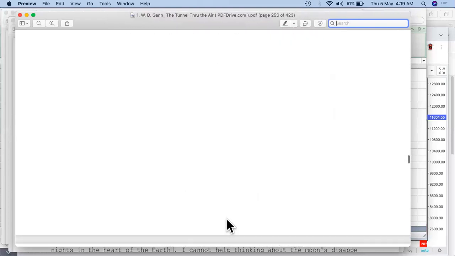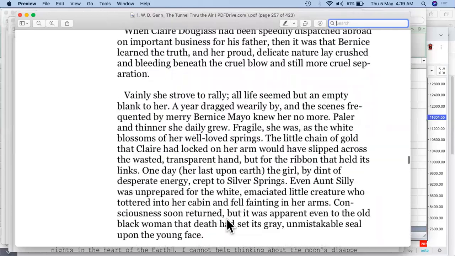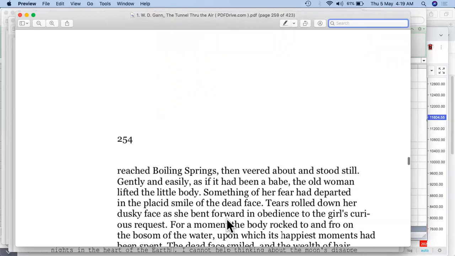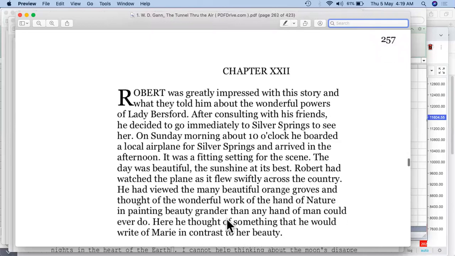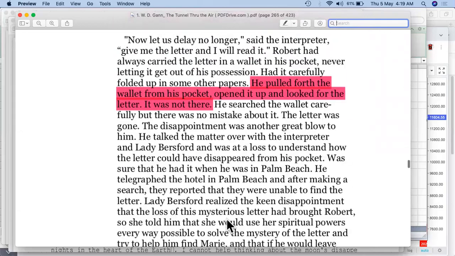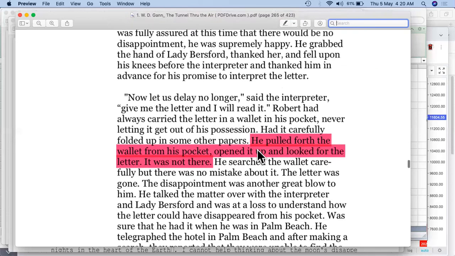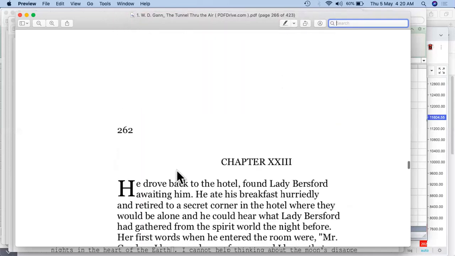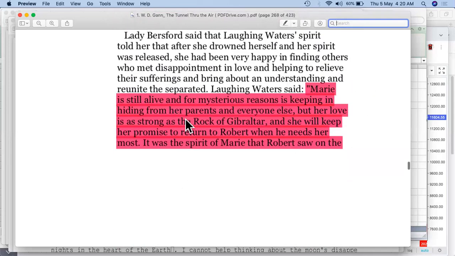So he tried desperately from his side to at least get a reply for the letter, but he was not able to get any of the things back. Finally he met someone, and he pulled the wallet from his pocket, opened it up and looked for the letter, but it was not there. So someone did interpret the